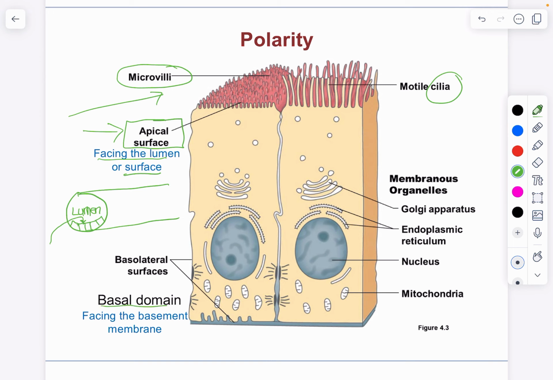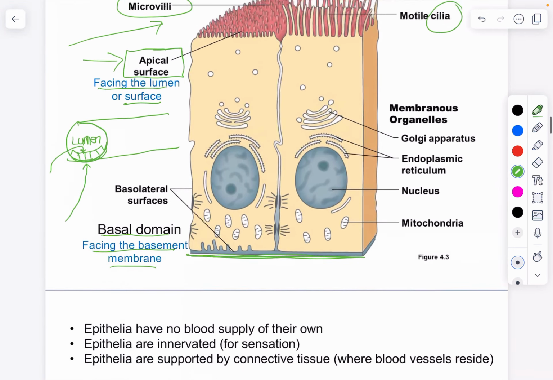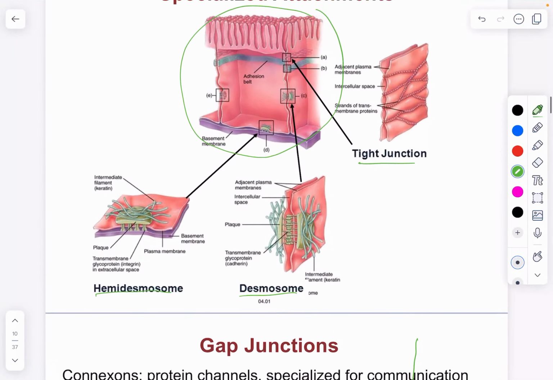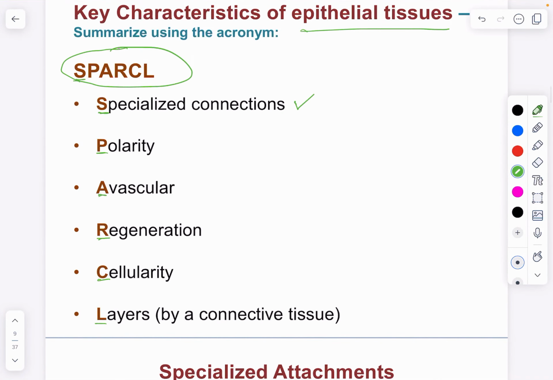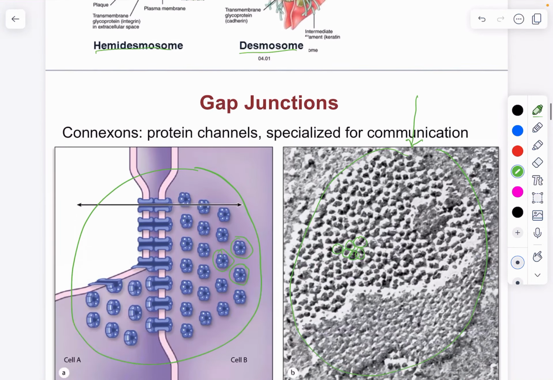The other domain is the basal domain. That is the bottom of the cell, if you will. And that is the side of the cell that is facing the basement membrane. It's attached to the basement membrane right here. So again, if we go back to the blood vessel, the basal domain is that side. It is attached to this basement membrane of that vessel. All right, and then I just want to come back up so that we're following the mnemonic. We talked about the specialized connections, and we talked about polarity. Now we are going to go through a couple other features